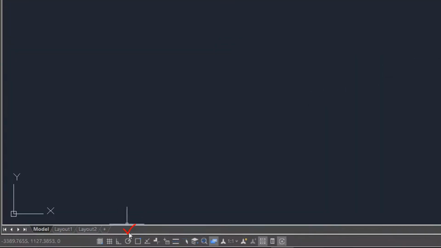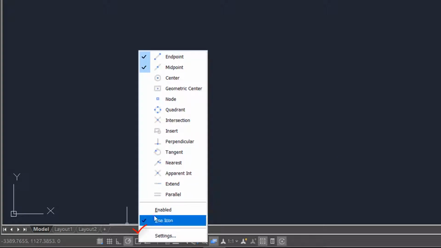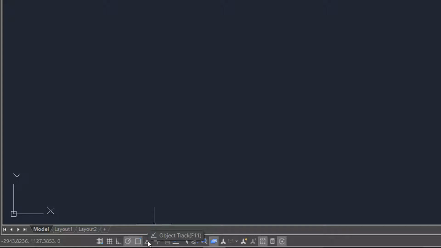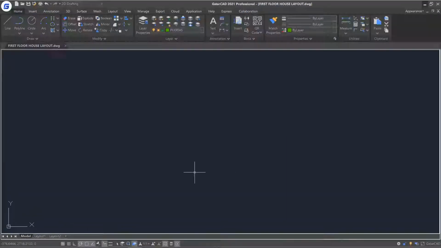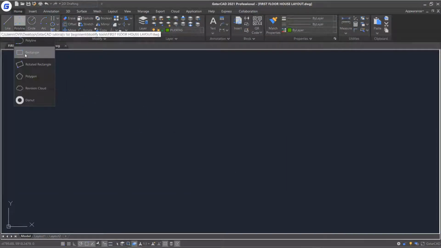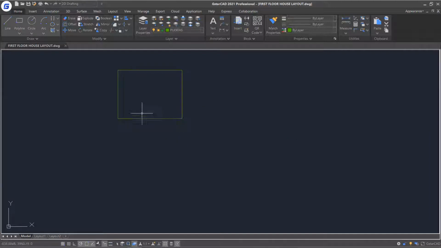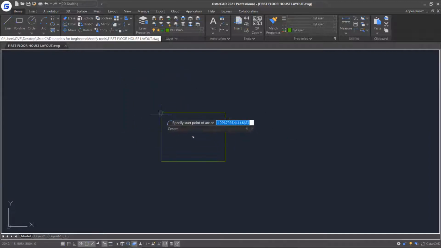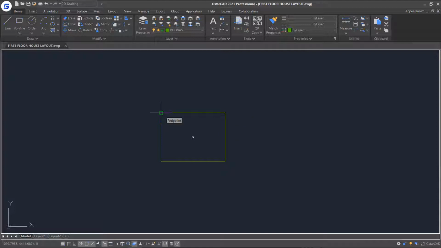Before we get started, let's make some initial settings to make sure that object snaps and tracking, as well as dynamic input, are all turned on. First, let's draw a rectangle and arc. Snap the start point of the arc to the rectangle and pick the geometric center as the center of the